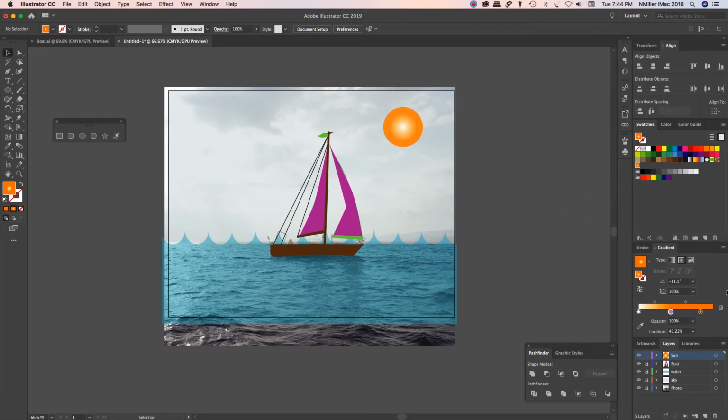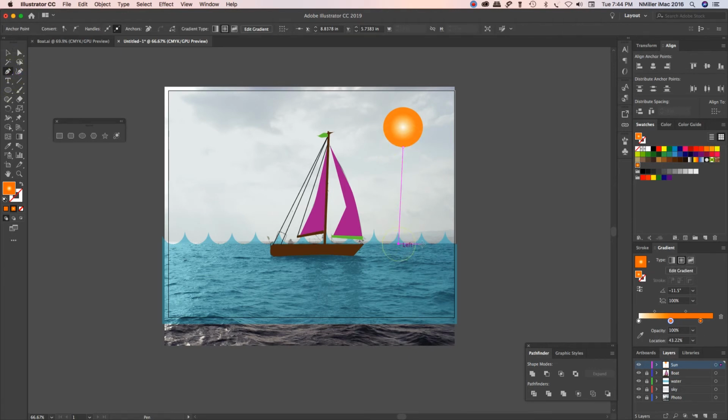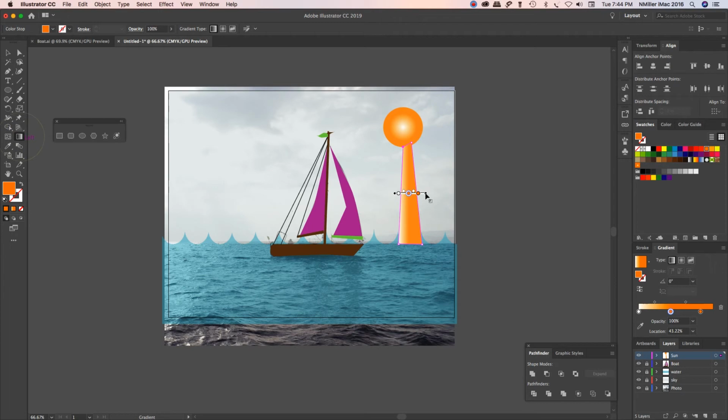All right. So here we go. We're going to go ahead and add some sun rays. I'm just going to follow along the horizon line. Okay, now I don't like the direction of this. I am going to make this a linear. All right, so my linear gradient, use my gradient tool, and I hit the Alt key, and I can start rotating the direction of this,